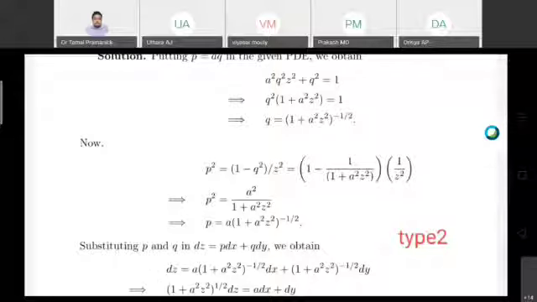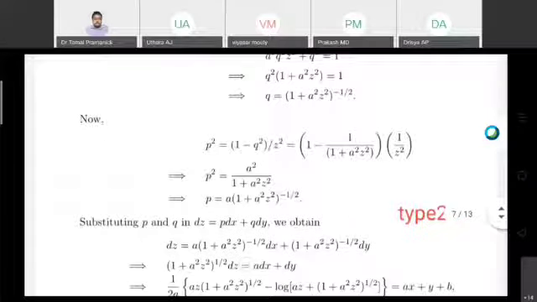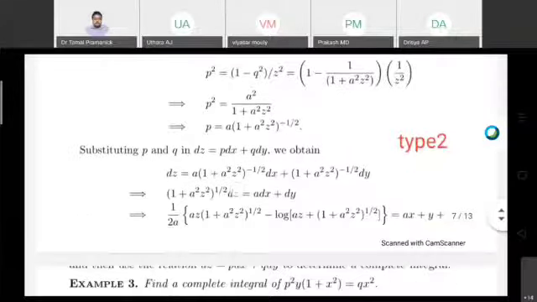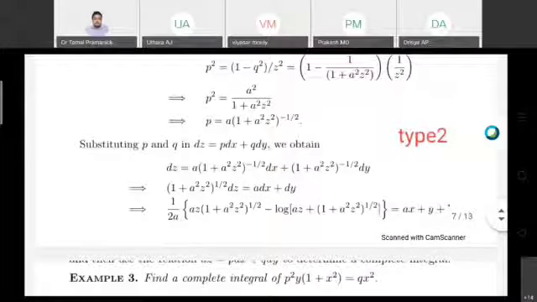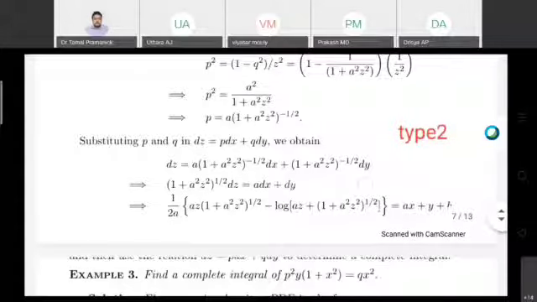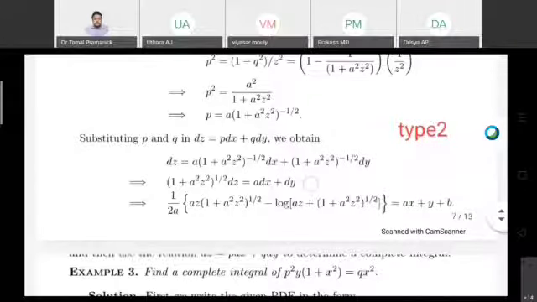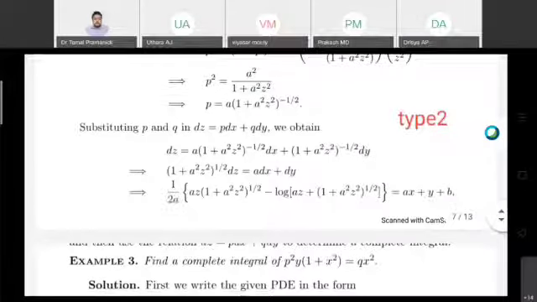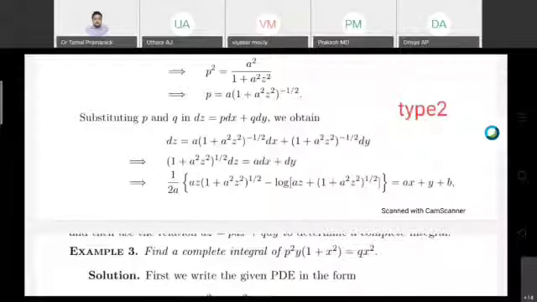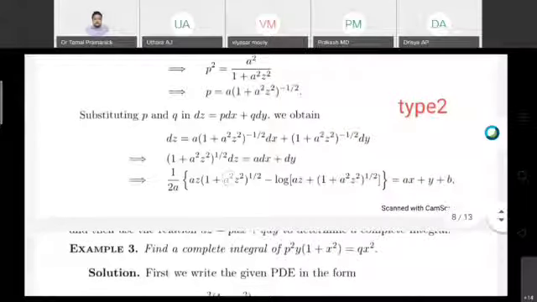So to p dx plus q dy. After getting the p value and q value, this can be integrated in dx and dy. You have to take the z part on the left side, because dz side is there. So on the left side it is 1 over the square root of a squared z squared, dz equal to a dx plus dy. Basically this is what we will integrate.